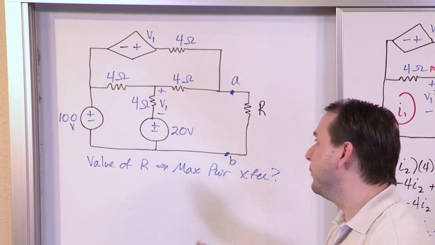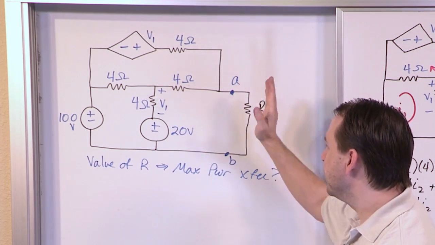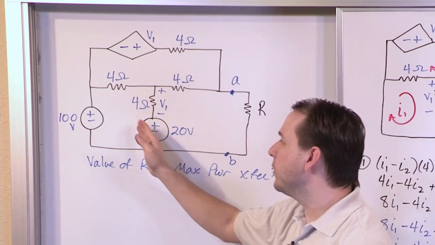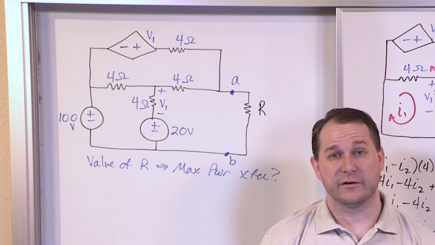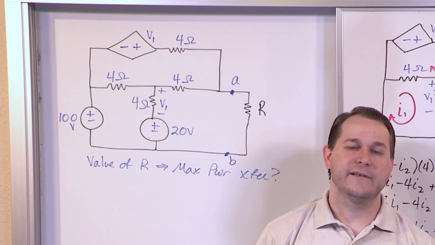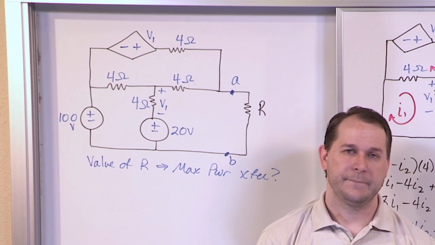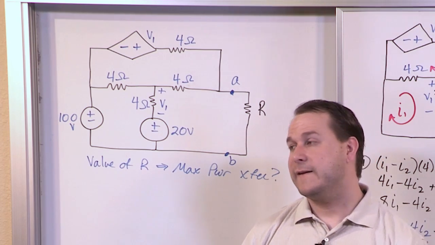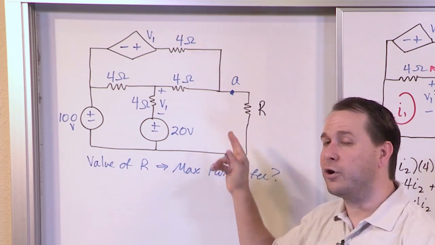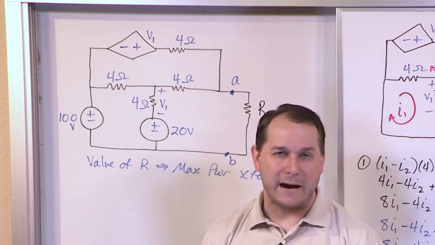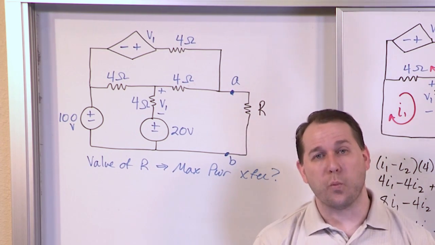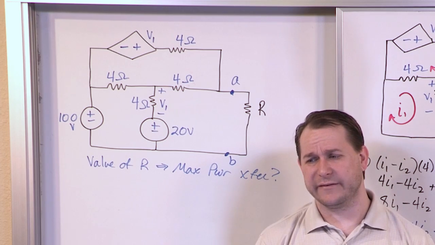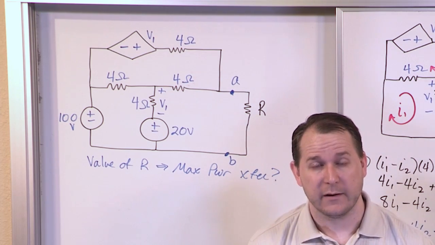So the way we do it is we take this out, we hook a test source up, we short out our independent sources, and we go and we find the voltage across our test current source. And that allows us to calculate the Thevenin resistance. Now, that tells us what value of resistance R needs to be in the circuit for max power transfer. But if you wanted to calculate actually how many watts this resistor actually absorbed, then the